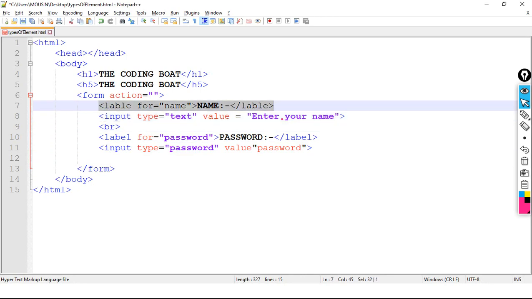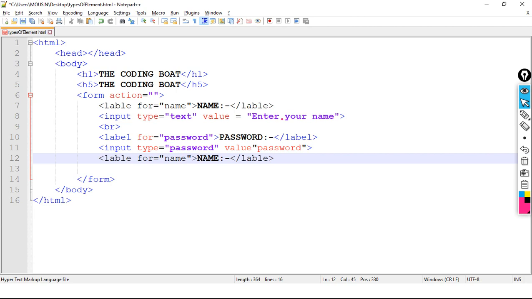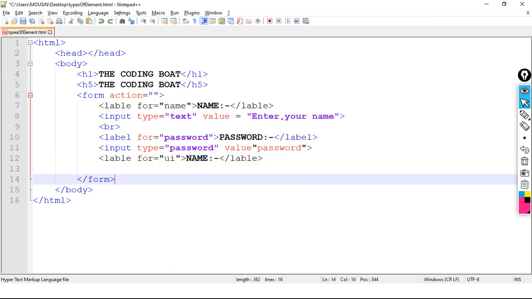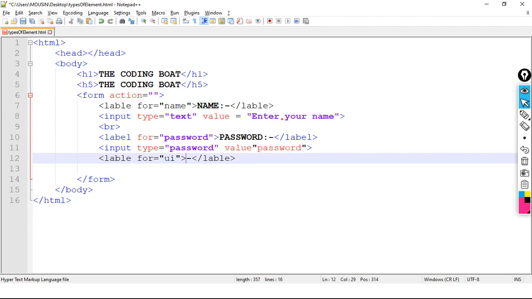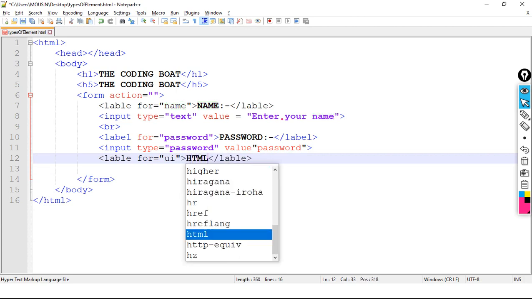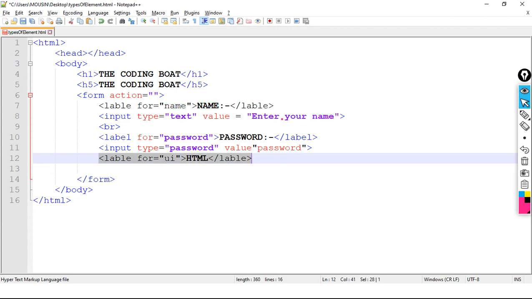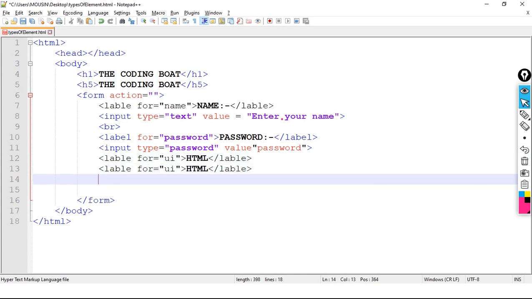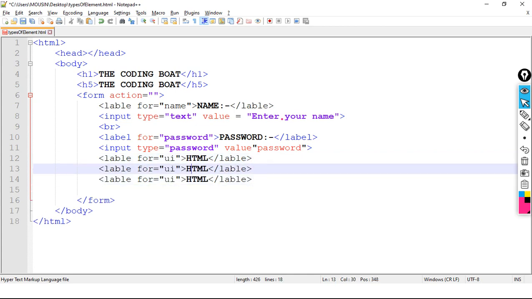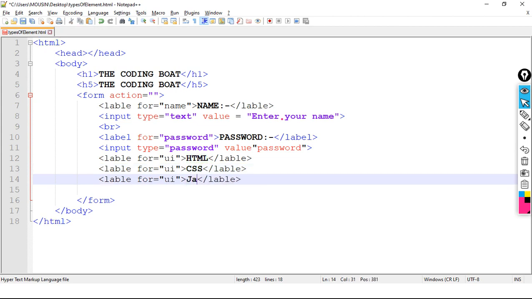Similarly, I have another input type. What is that? I will tell you. Please pay attention. Okay, and three labels are there.